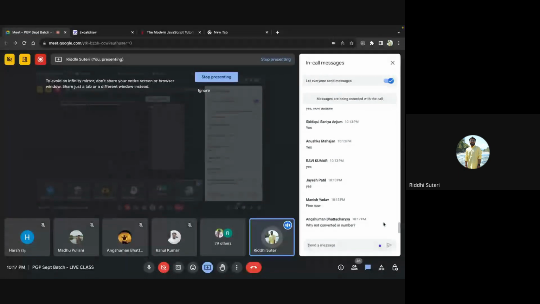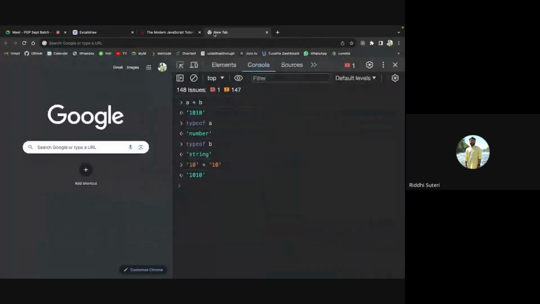See, why didn't it get converted to a number? It's something which JavaScript decides. Generally, there are some rules. Whenever we have an addition operation, a concatenation, and we have a string type and a number type, JavaScript always prefers to convert your number to a string so that it can perform a common operation. Think of it very logically: if you convert a string to a number, it might be a possibility that it would not make a reasonable result.